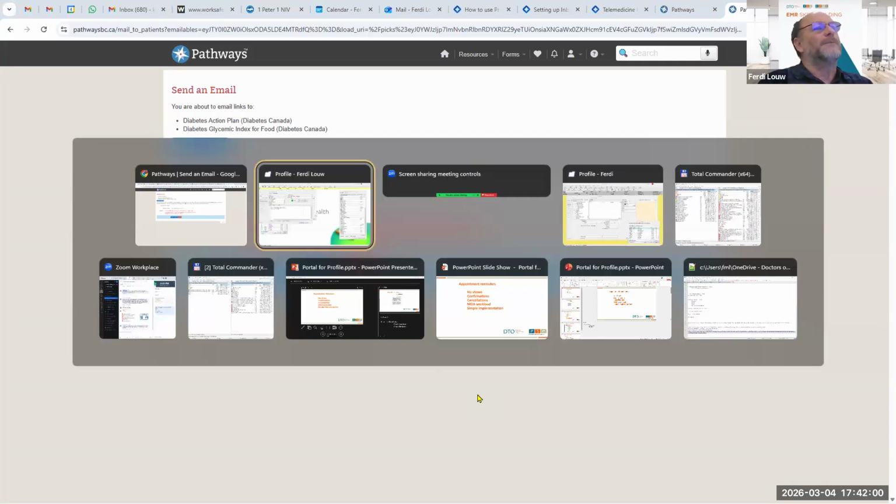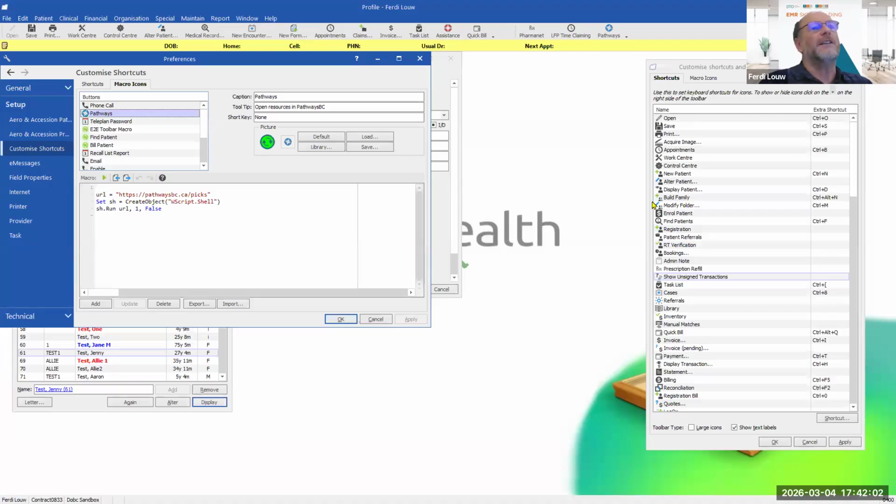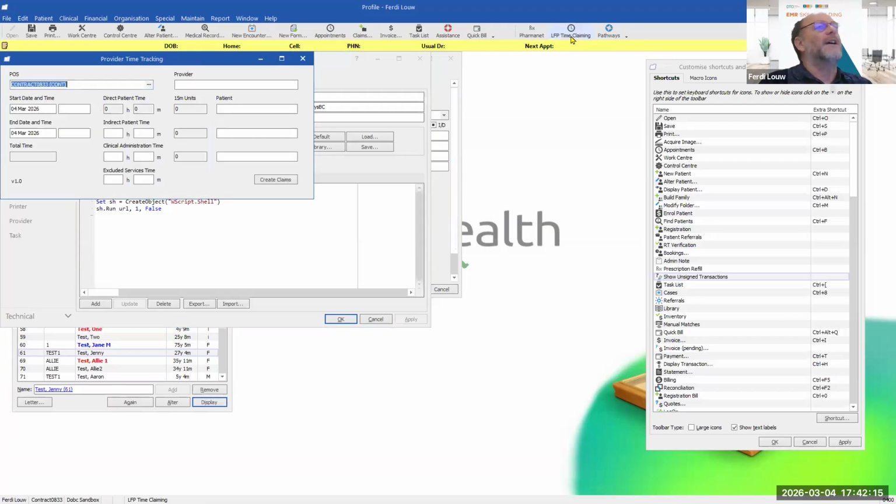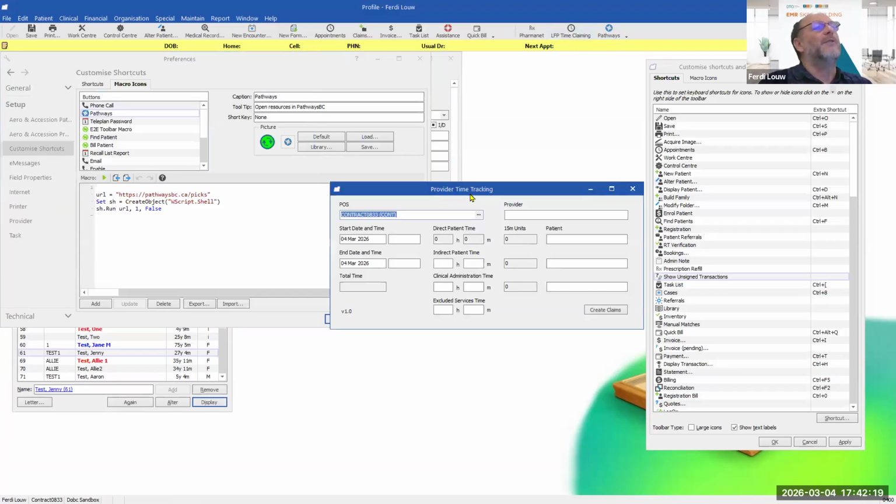Back to Profile. So the shortcut keys that I've shown you that we can do there, the macros, you can add some more stuff on your toolbar. So another popular one is LFP time claiming. If you click on that one, that's also a macro that was provided. Then up pops this window, provider time tracking. Some people use this to keep track of their time to create the claims for LFP billing.